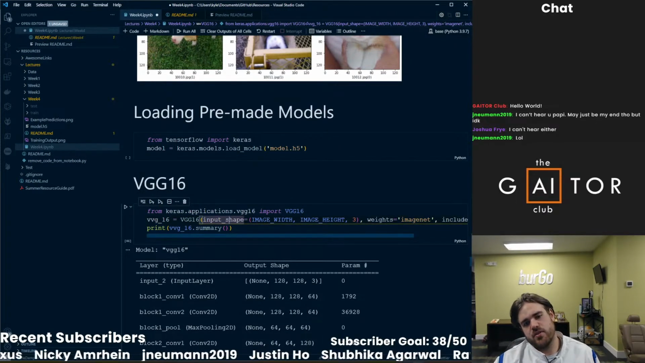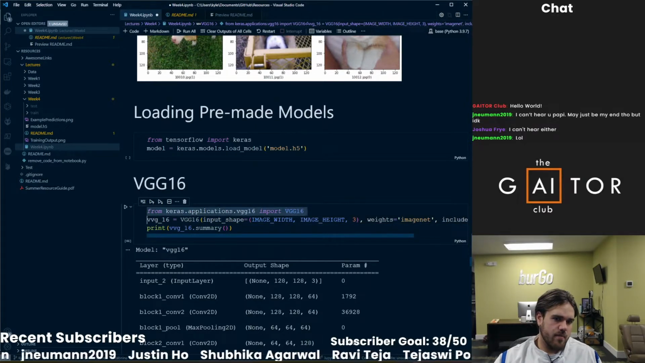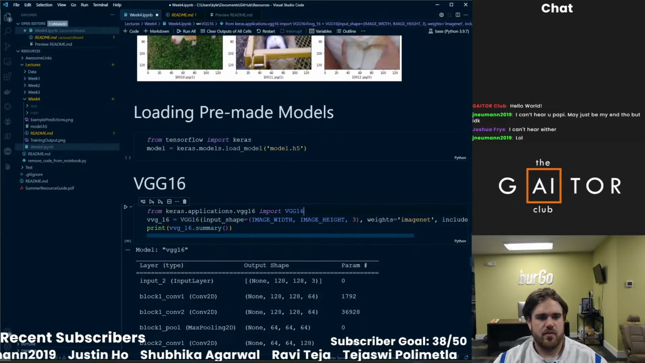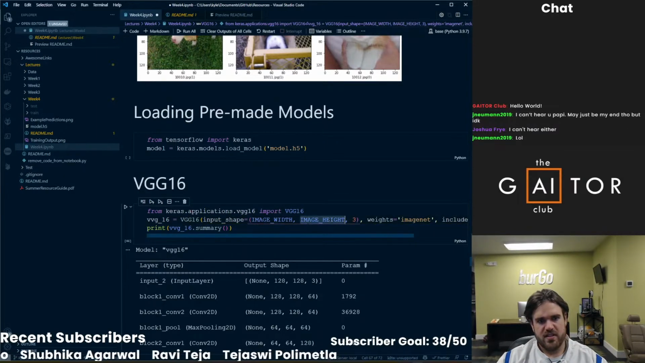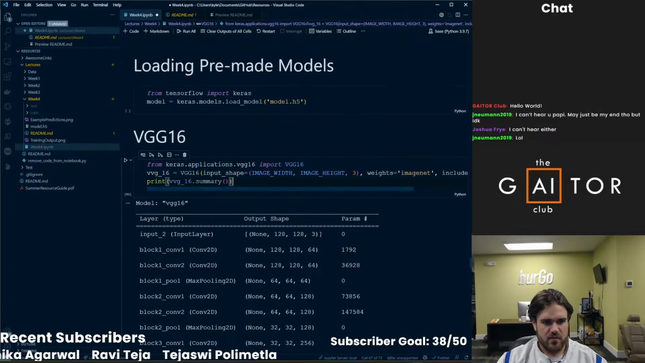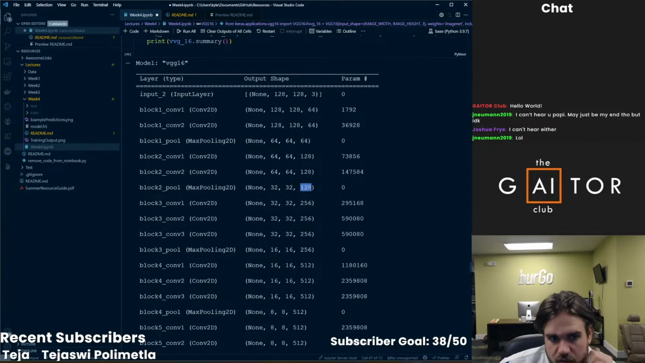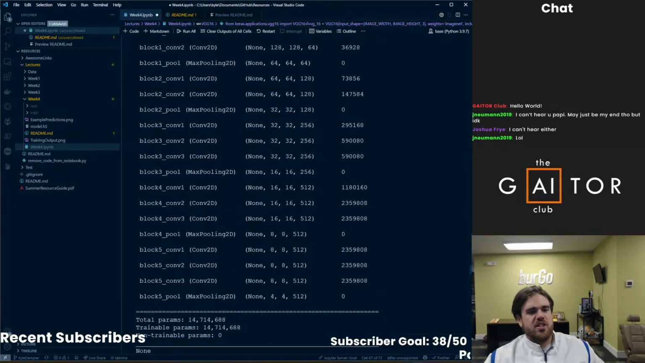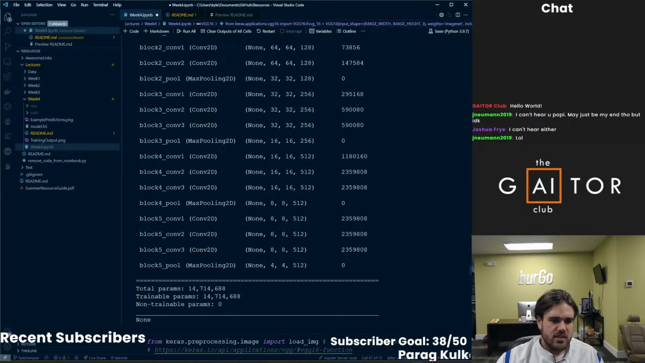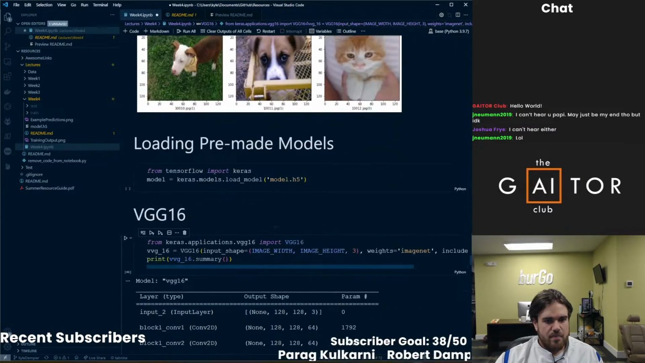VGG16 is an image classifier that classified 512 different species of flowers, pets, animals, different things, different images, and you can see the summary of VGG16. It has a bunch of convolutions. It does max poolings, convolutions, max poolings, all this stuff. But essentially, what it does in the end is it takes